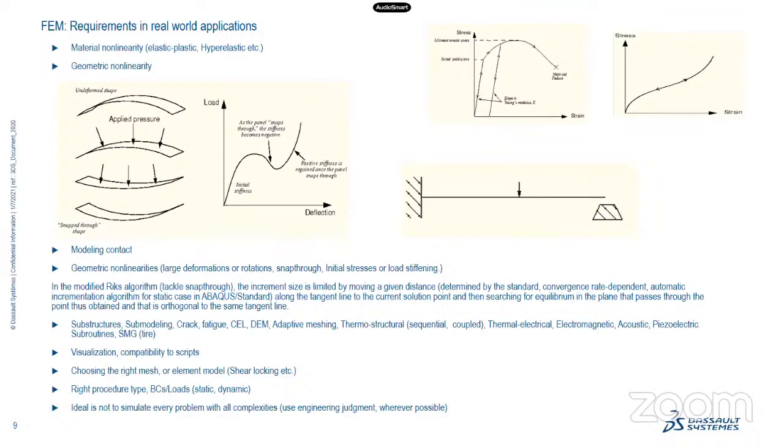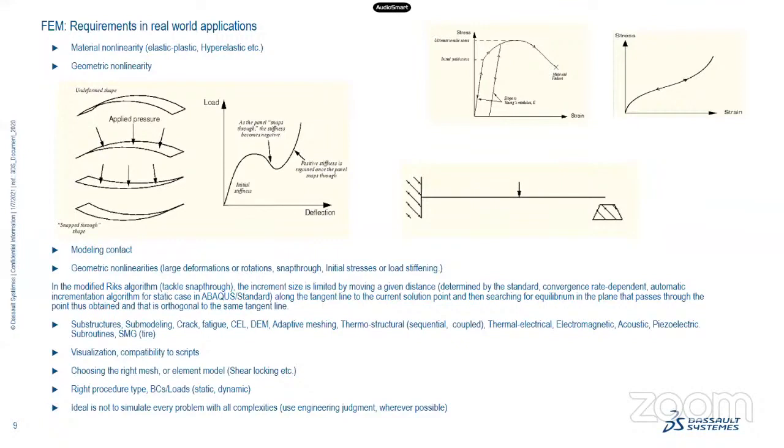Subroutines. Sometimes the material models or elements available may not satisfy the customer requirement, so we should have an option to add the customer requirement using subroutines. Visualizing results also needs post-processing scripts that should be compatible with the available software. For example, if the software doesn't supply a particular variable, the customer should have an option to post-process using a script and find that particular output. Such an option should be available.